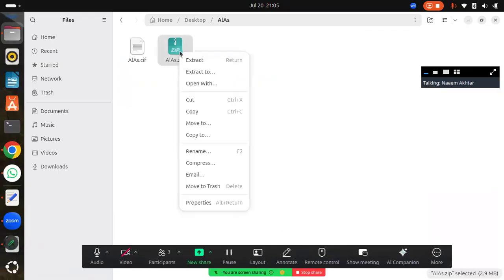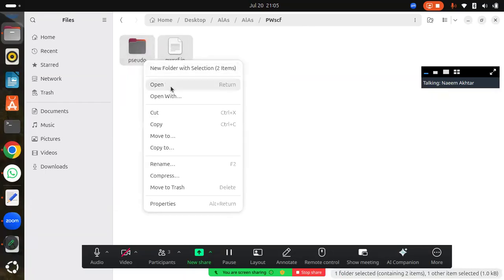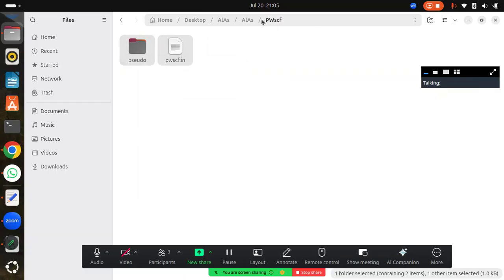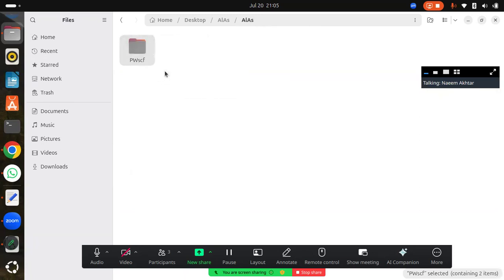Okay, now we extract the file. Here the file is extracted, and this file name is aluminium arsenide. And inside the aluminium arsenide, there is a folder which is called PWSCF. Because now there are a lot of folders, we can copy these two folders because these two folders are needed for the calculation. We copy, or you can say that we could use